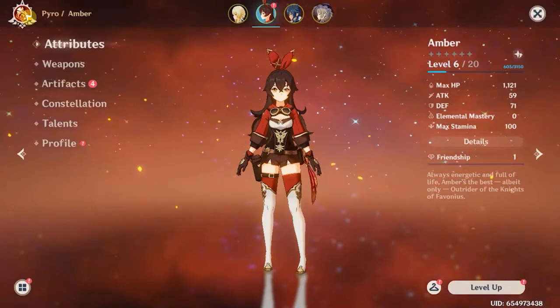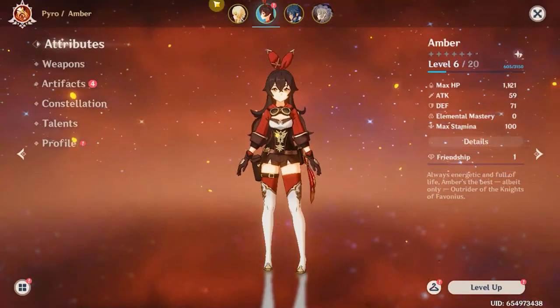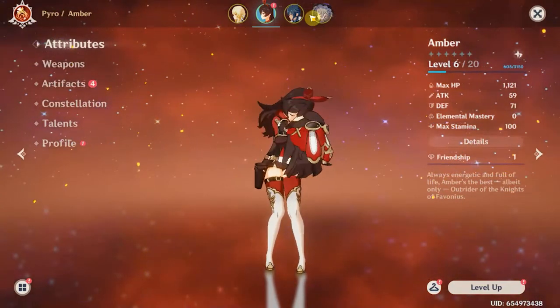Don't worry about memorizing all of these things. As you continue to play the game, you'll start to know them like the back of your hand. So don't worry about that. If you don't know how the back of your hand looks, well, don't worry, you still know how the game works. So after you meet Amber,